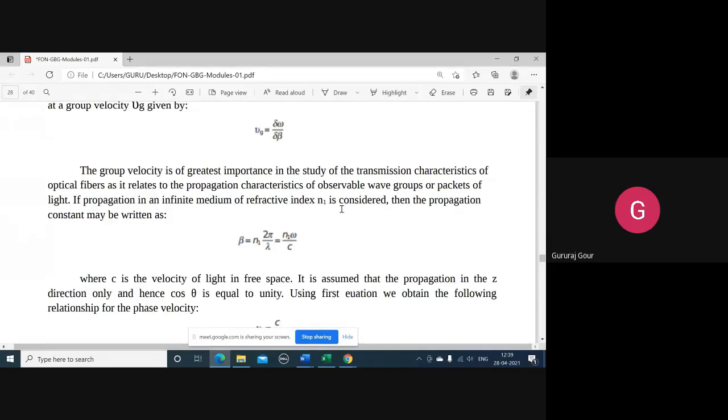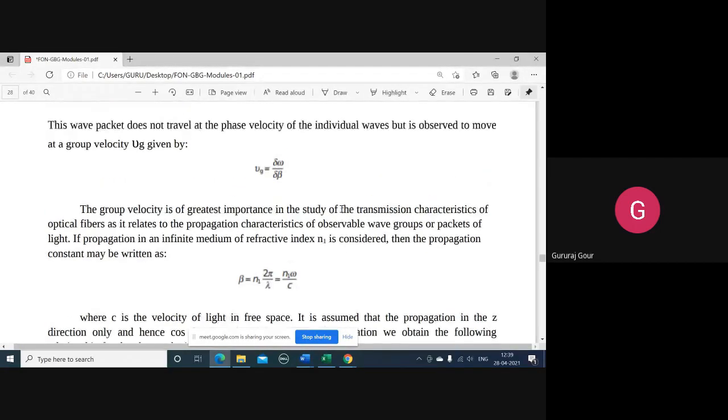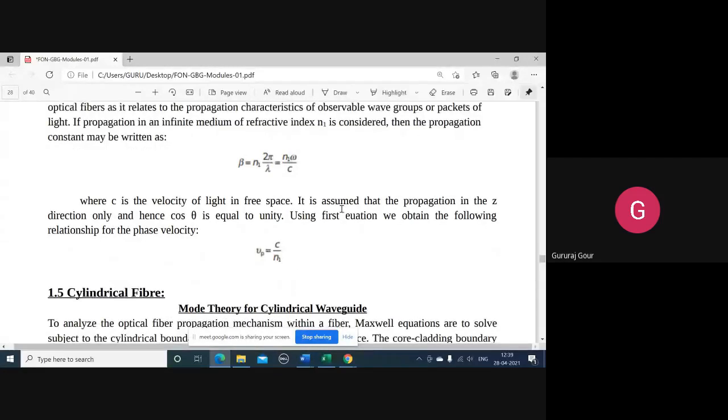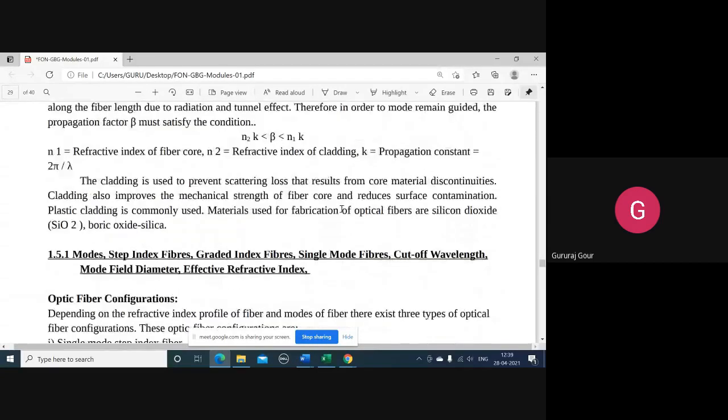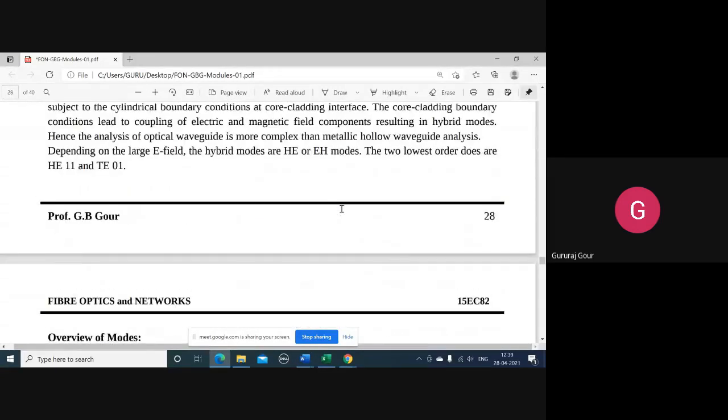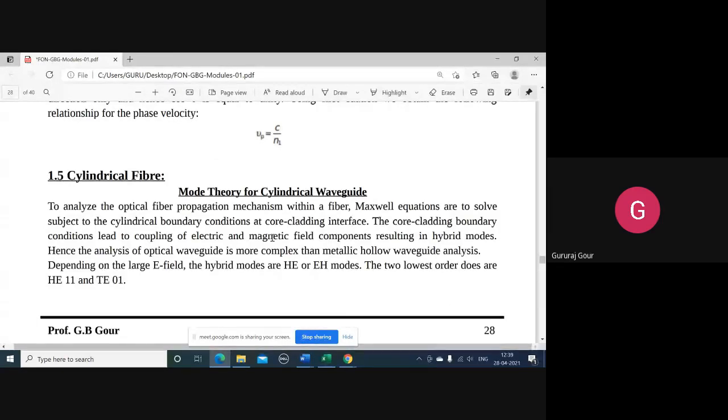Okay. So today we have seen types of rays, modes in planar guide, and phase and group velocity in detail. Based on these things, whatever I discussed up to this, another part is there, that is modes in cylindrical guide. Let me complete that also. So modes in cylindrical waveguide: how is it going to differ compared to the modes in planar guide.